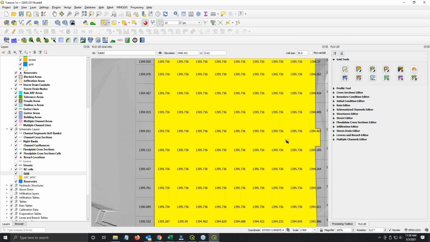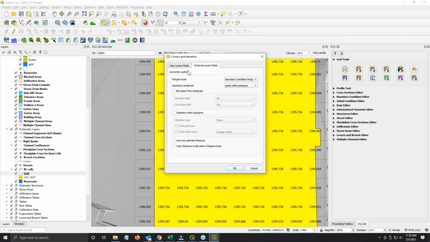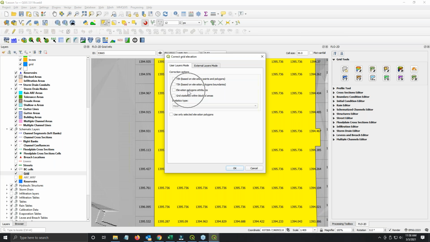So now we have that first floor elevation of that building applied, or again, you can apply it from an attribute. So if you wanted to apply that from an attribute, you would probably do the elevation polygon with attributes. This one is just the statistics within that polygon. Okay, that takes care of the first